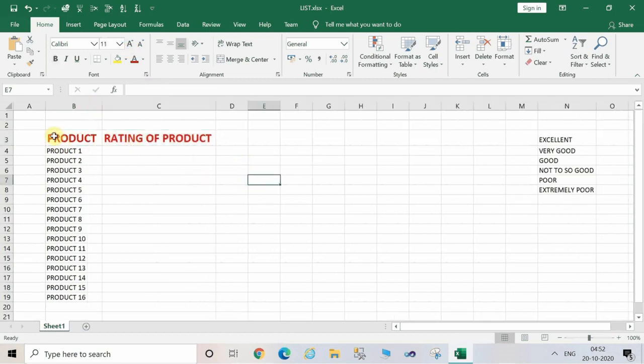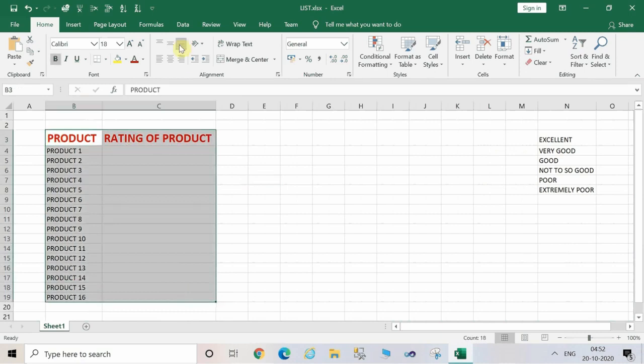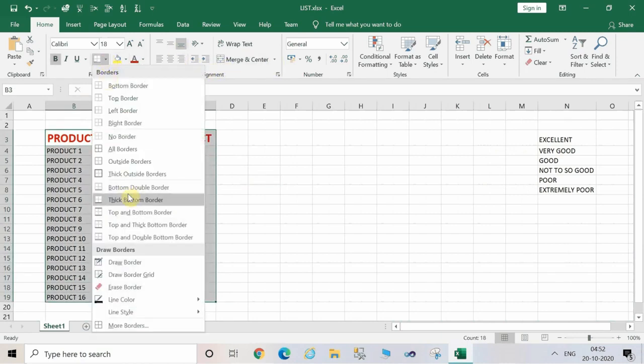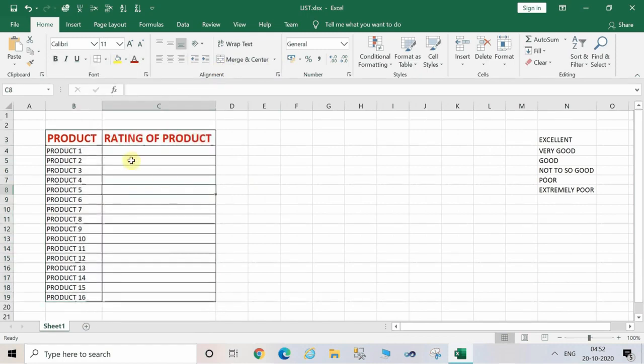Now we'll freeze the area. Take the border. From here to here. Freeze the area.